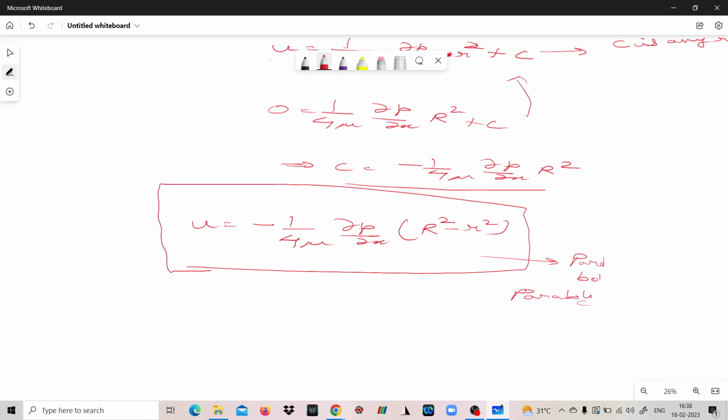So how can you say that it is parabolic? Because the only variable, u, is basically a function of r and it is dependent on r. Basically u is dependent on r raised to the power of 2. So it is a parabolic variation. Okay, it is a parabolic variation. So qualitatively,